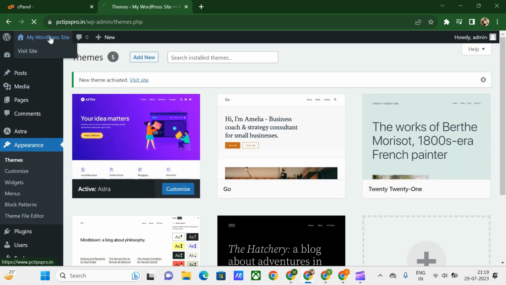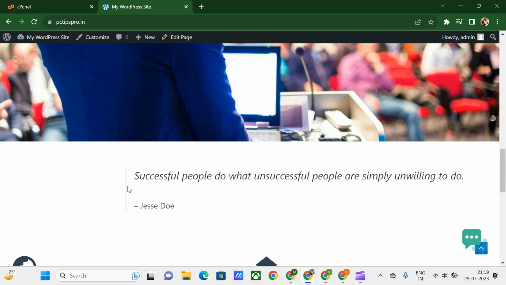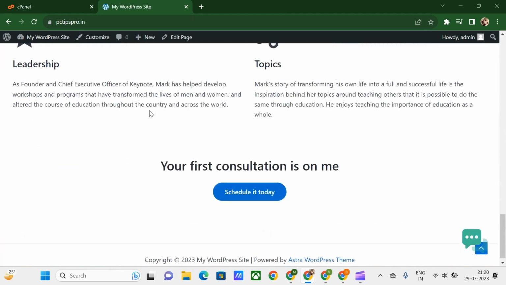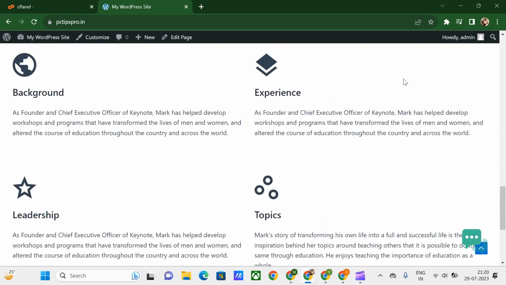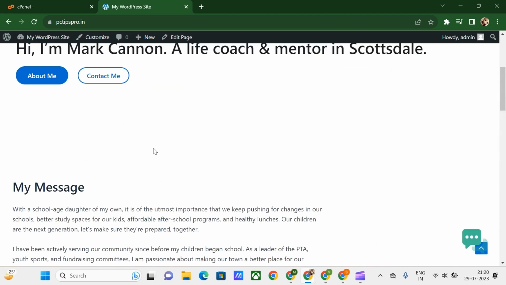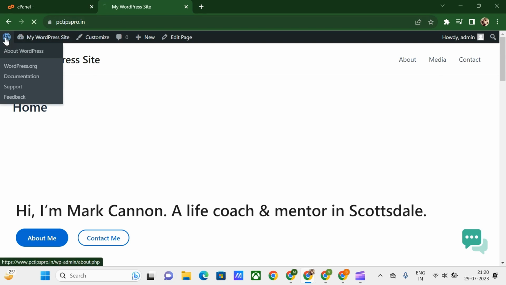And now let us take a look at our site. So this looks something like this. Not much change. For you being a beginner on your WordPress site, there will be nothing like this on your site. You'll be having a header, a footer, and also what is called the body, where we keep all the content of the particular page. So don't worry if you don't have a page like this, because I have just created something in it. For you, this body could be blank. Coming back to our WordPress dashboard,